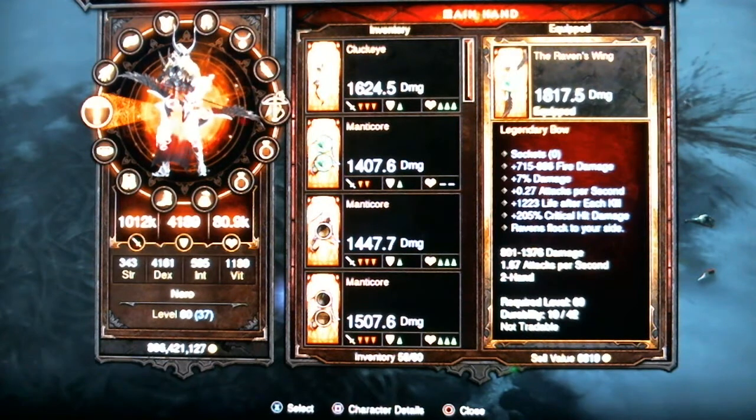Now here is what a lot of my damage comes down to. You can see a lot of my weapons on the left hand side. 3 different sets of mana cores and a cluck eye. All of them are overrated. I went for the Raven's Wing. And one reason is because I'm still using archery. It gives me that 15% extra damage. And the damage on this Raven's Wing,